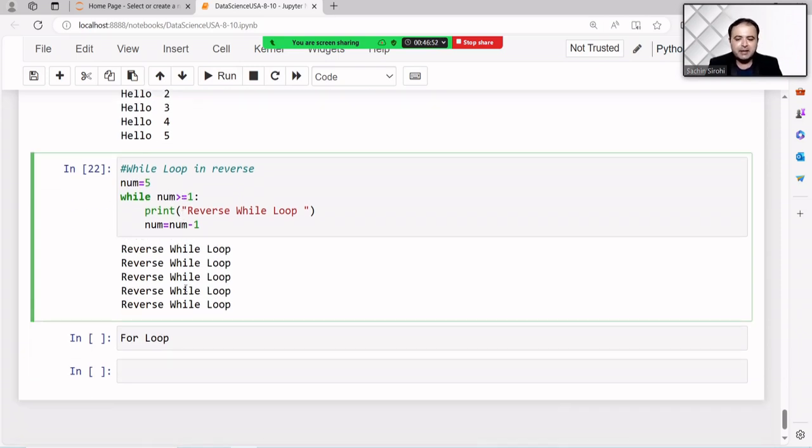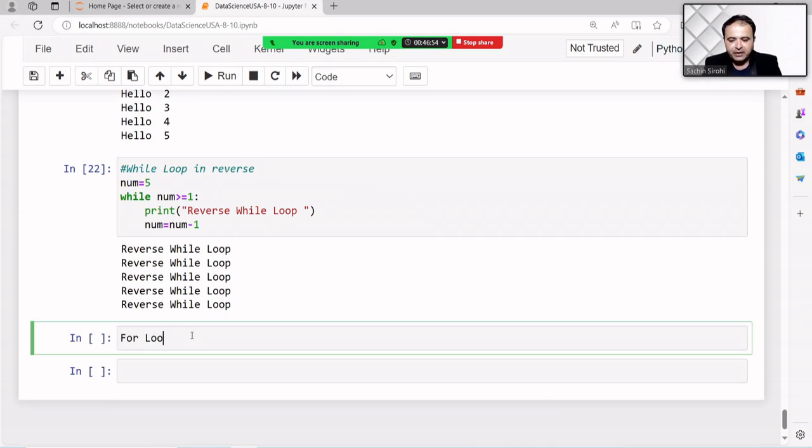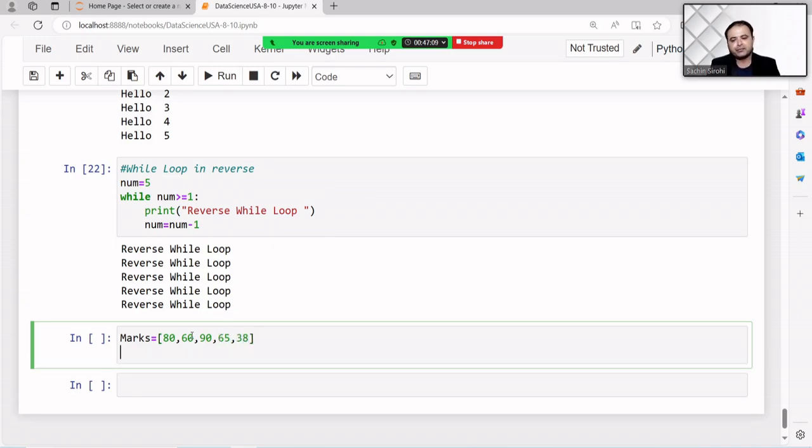A similar example I will discuss: we have a list of marks, like 80, 60, 90, and so on, five students' marks. I want to total them.